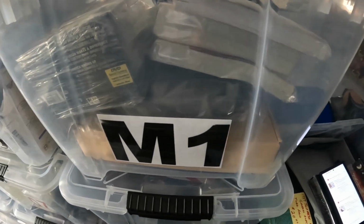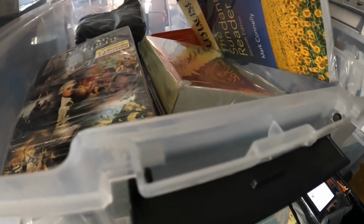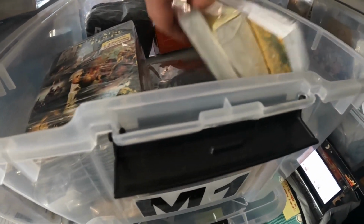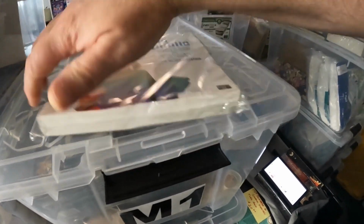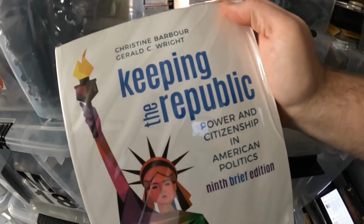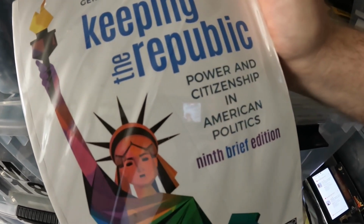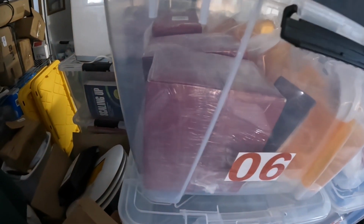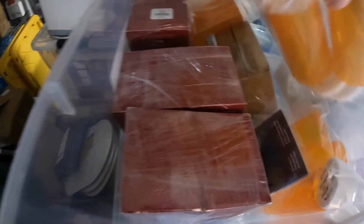In the M1 bin, so the book Keeping the Republic. Let's see, I just listed this one the other day, and this sold for $23.96 plus shipping. Okay, in the 06 bin, I sold 2 of these 2-packs of extra large pill bottles, and